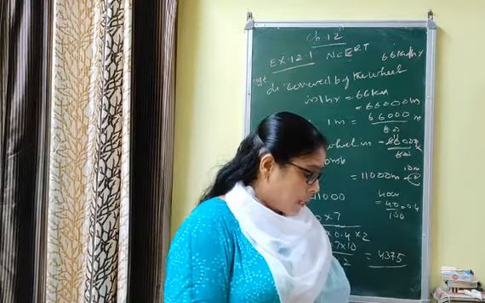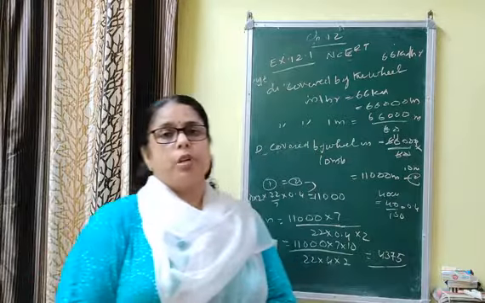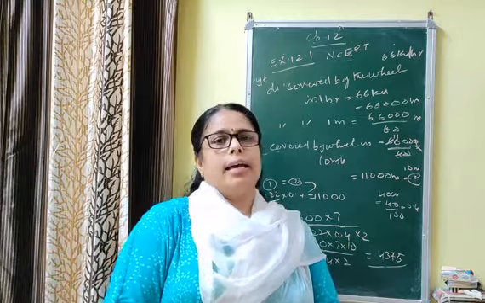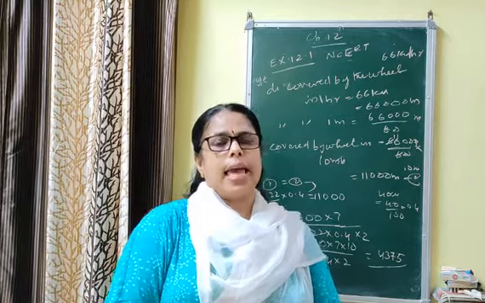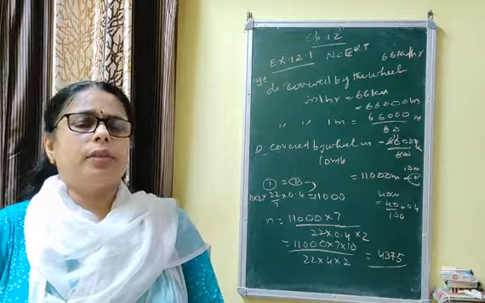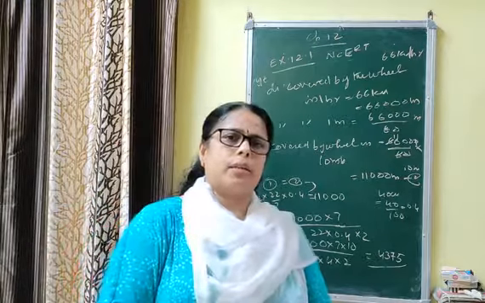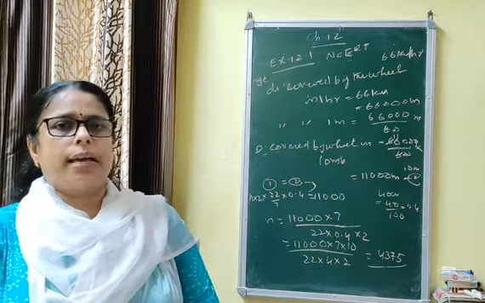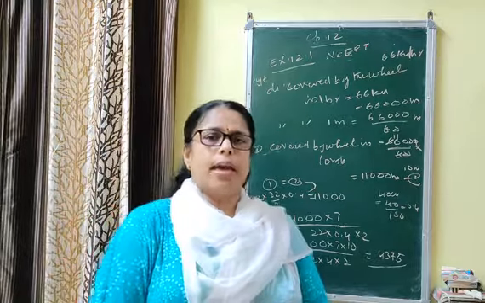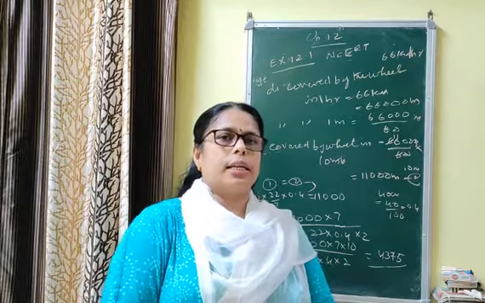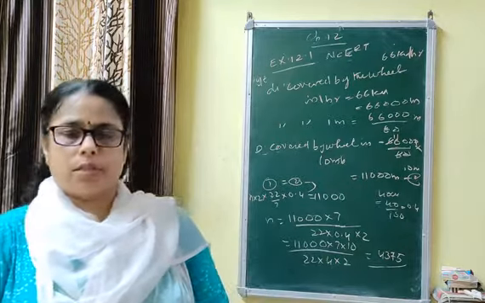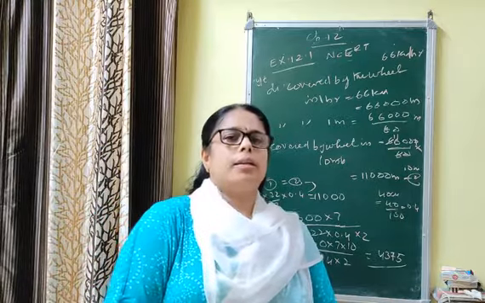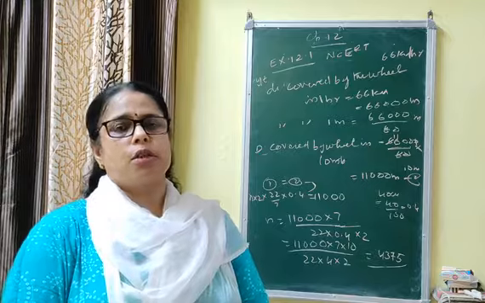Today in this chapter we have studied, first of all, what we mean by a circle. Area of circle is pi r square, circumference of circle is 2 pi r, and the central angle is the angle made by an arc at the center. The sector is the region bounded by an arc with 2 radii and joining endpoints, and the central angle is denoted theta. A segment is the region bounded by an arc and the chord joining the endpoints of the arc. Sector area can be found using the formula theta by 360 pi r square, and segment area is area of sector minus area of triangle, and length of arc of a circle is theta by 360 into 2 pi r.